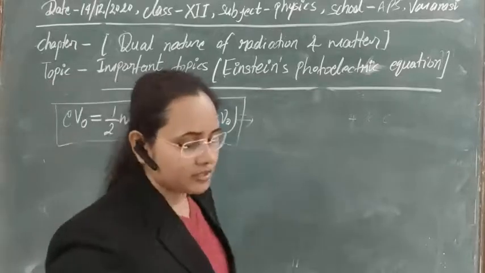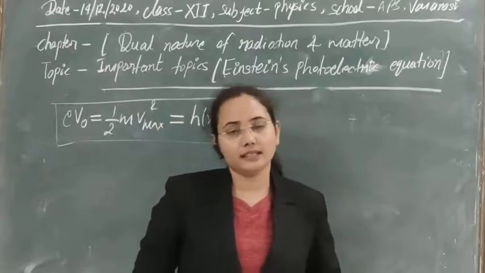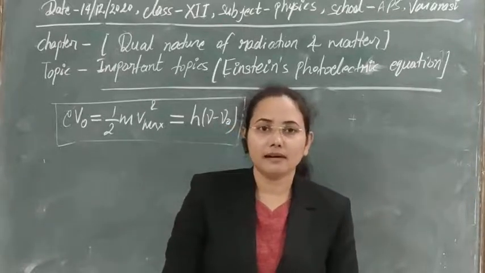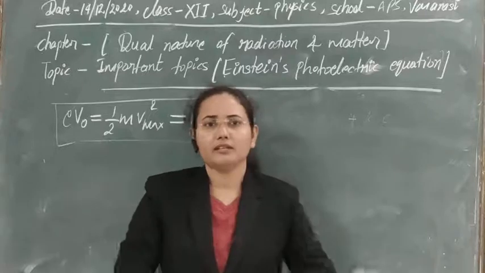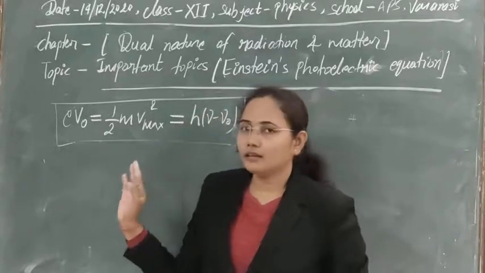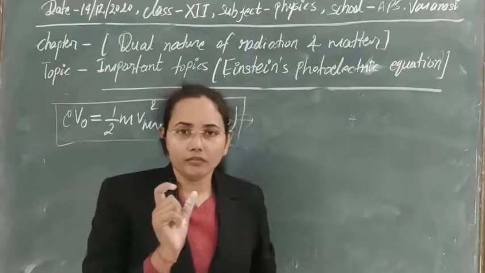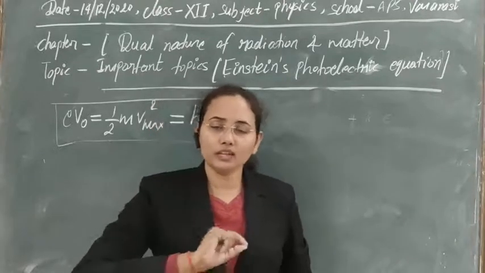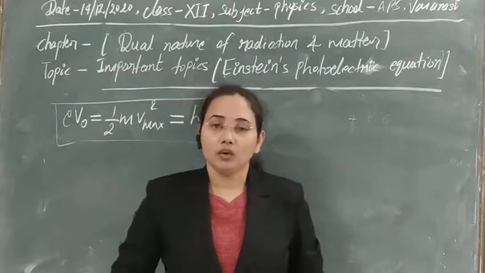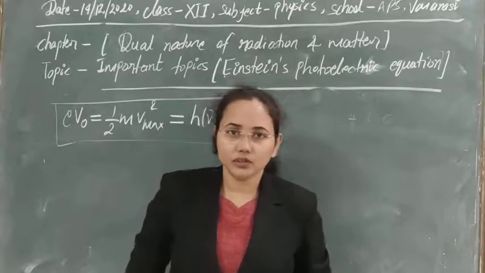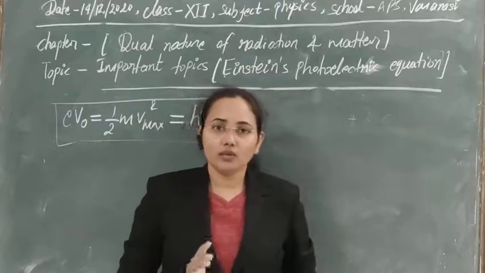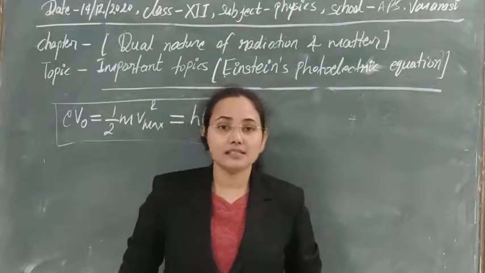So guys, I think the concept of Einstein's photoelectric relation is clear to you. Simple. Here in case of Einstein we have to take only one thing, in one word, it is very simple. The energy of one photon is totally transferred to one electron. There is no fraction of energy that will be transferred; the whole of its energy will be transferred to that electron, and that electron will use this energy in two ways. First, to overcome the potential barrier, and second, to increase its kinetic energy.